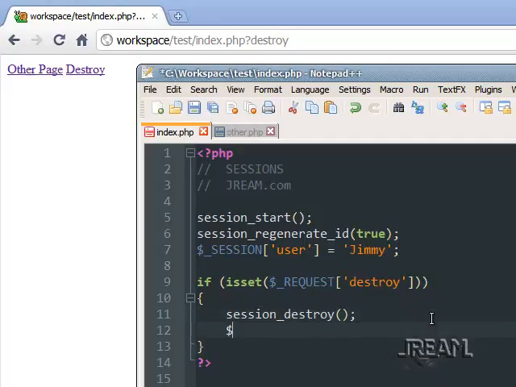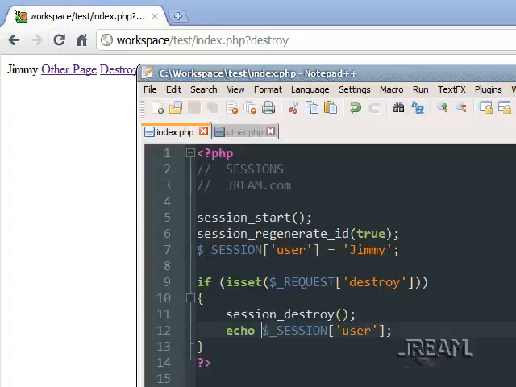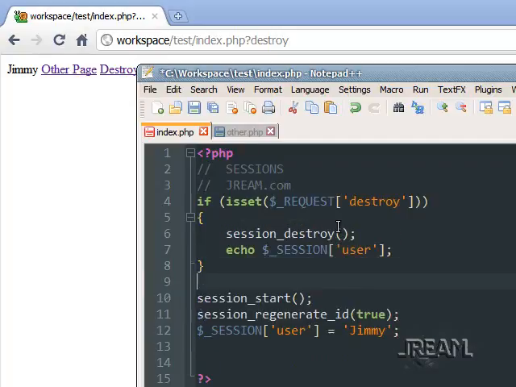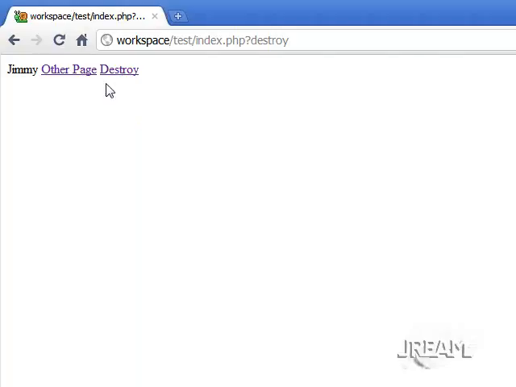If you want to see if that's working, try to put in a session super global. Well, it looks like it did not work. Oh, that's because right up here, it's starting it and then destroying it and still setting the user. So this would probably work in a different circumstance, like this. If session destroy is not set, then we